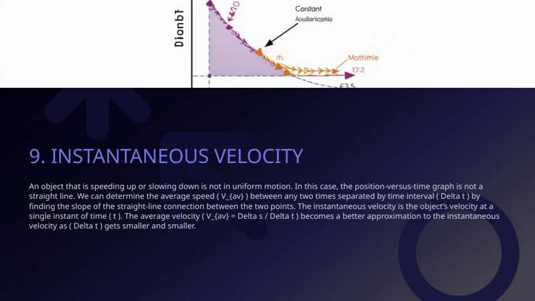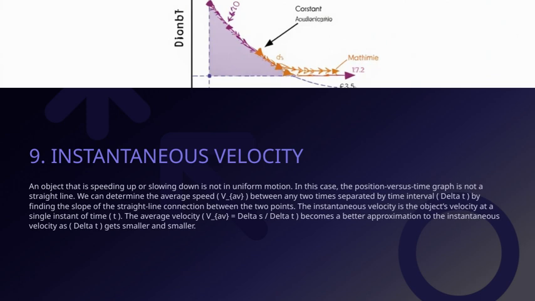Now, the instantaneous velocity is a bit different. It's the velocity of the object at a specific moment in time, at a single instant, which we denote as t. And here's an important link. As the time interval, delta t, gets smaller and smaller, the average velocity over that interval becomes a better approximation of the actual, or instantaneous, velocity. So, in essence, the smaller the time interval we consider, the more accurately we can determine the velocity at that